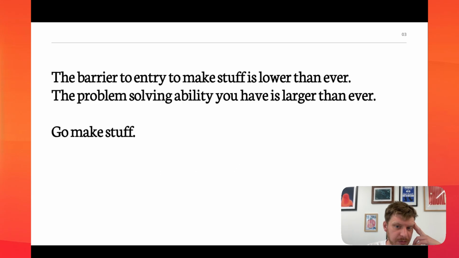And so making stuff like Lovable apps, I think, is exciting because the barrier to entry is lower than ever before to make apps to solve problems. While I think there are just as many problems as there ever have been, if not more. And that means that I think it's a really exciting opportunity to go make stuff. So my plea to you is go make stuff with Lovable. Go make things that help people live their life a tiny bit easier. And also from a careers perspective, I think it's pretty smart.